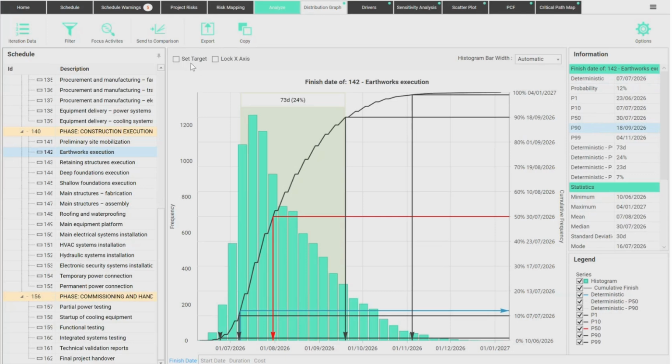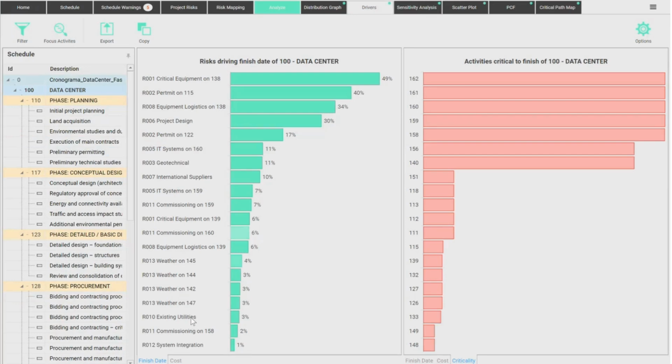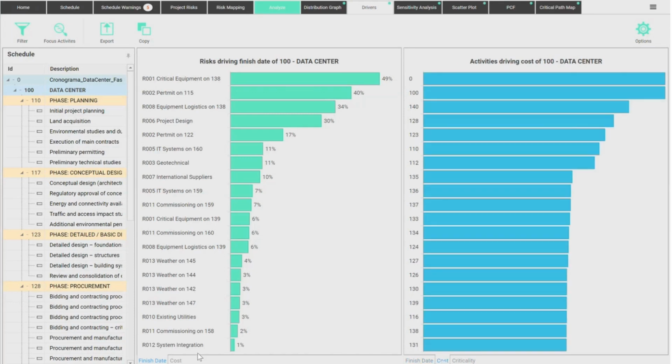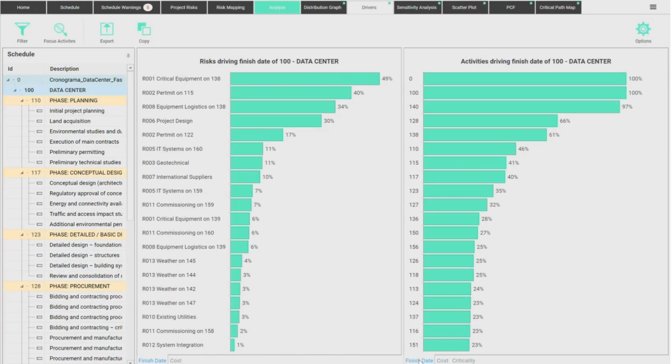It shows the likelihood to meet your deterministic or whatever deadlines you have. You could set a target here manually for your project if you wanted, okay? The contingencies that you need to apply to your project, that you need to fight for, both in terms of time and cost, and the connections between tasks. What are the tasks and the risks that drive your cost, that drive your schedule, so you can focus your meager resources, human capital, on controlling them, influencing them, or eliminating those risks, okay?